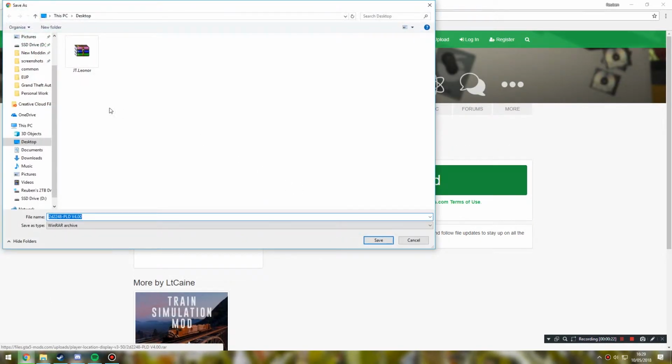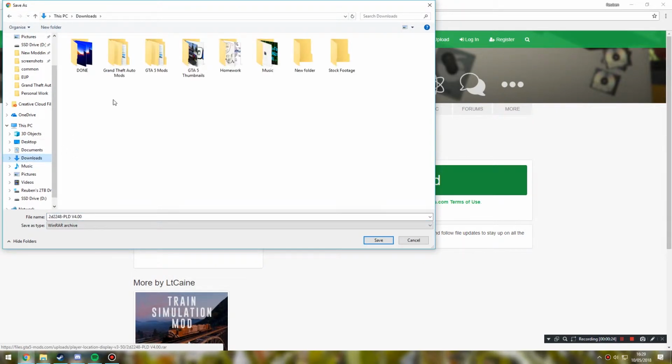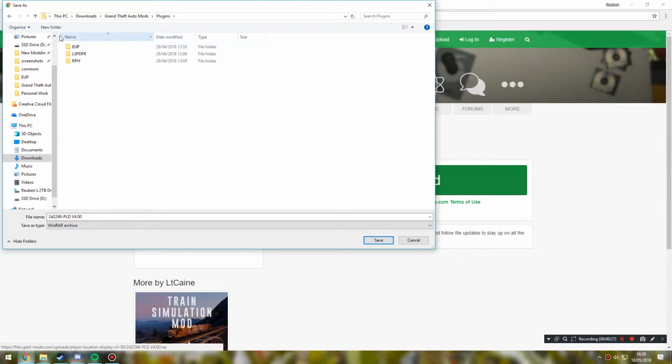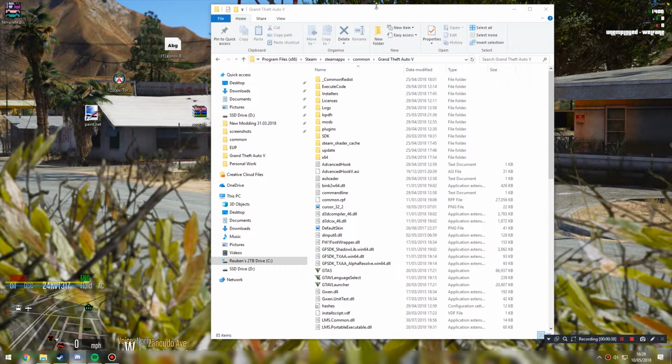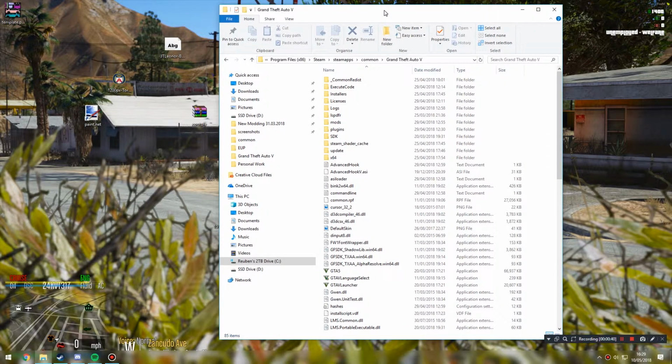Download here, it is a plugin, so if we go to our downloads, Grand Theft Auto 5 mods, our mods folder, the plugins, create a new one called PLD. Go and save it in here. Okay, once it's downloaded we don't need the web page anymore, and we can get our common directory, our modded